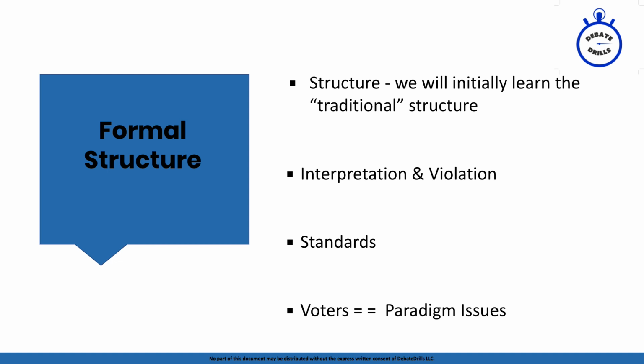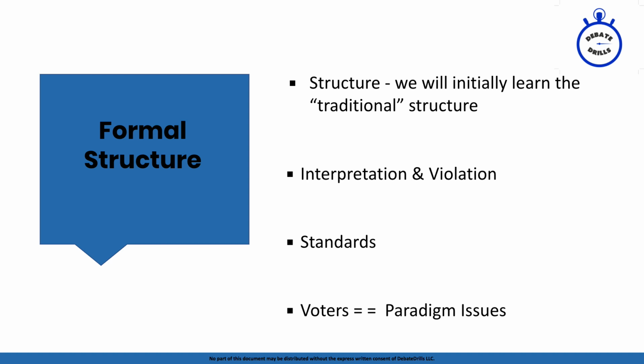Maybe one of them is the value of multitasking, how this will really help debaters learn how to do two things at once, which is a key skill in the real world. Maybe a second argument I make is an argument about fairness skews. I say that, look, the negative debater is significantly more advanced and better at debate than me, so we need to handicap them in terms of their ability to debate with us. I need an advantage, and making them do jumping jacks makes it way harder for them to debate, so that makes the round even. Both of these are really silly arguments, but let's say that we've made both of them, and those are the standards we've read. The first standard is real-world education, and the second standard is reciprocity.